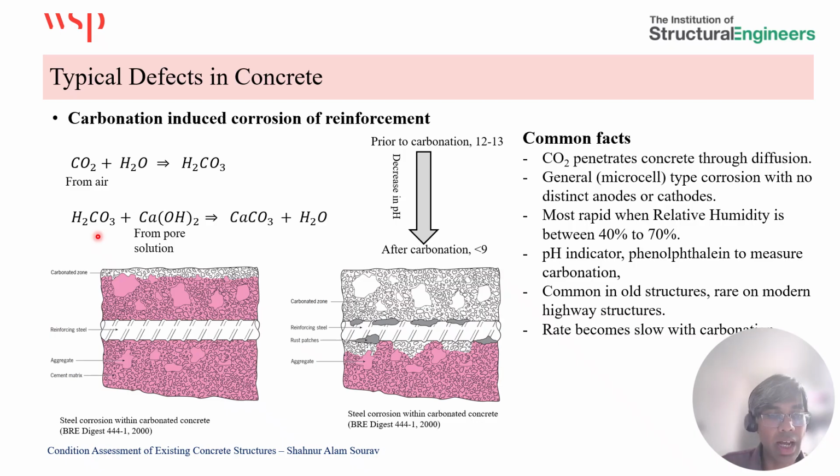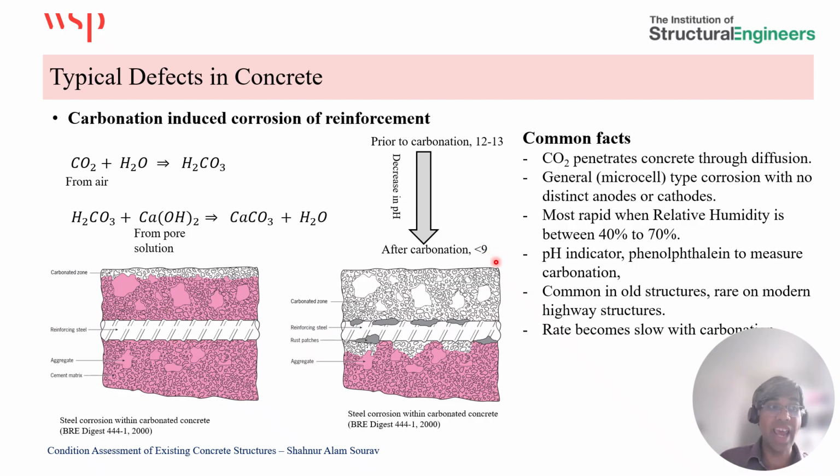This carbonic acid attacks the calcium hydroxide, which is a hydration product of the reaction of cement and water. Once the carbonic acid attacks the calcium hydroxide, there's a depletion of hydroxyl ions, which reduces the pH level. Initially, the pH is between 12 to 13, which, due to carbonation, can reduce